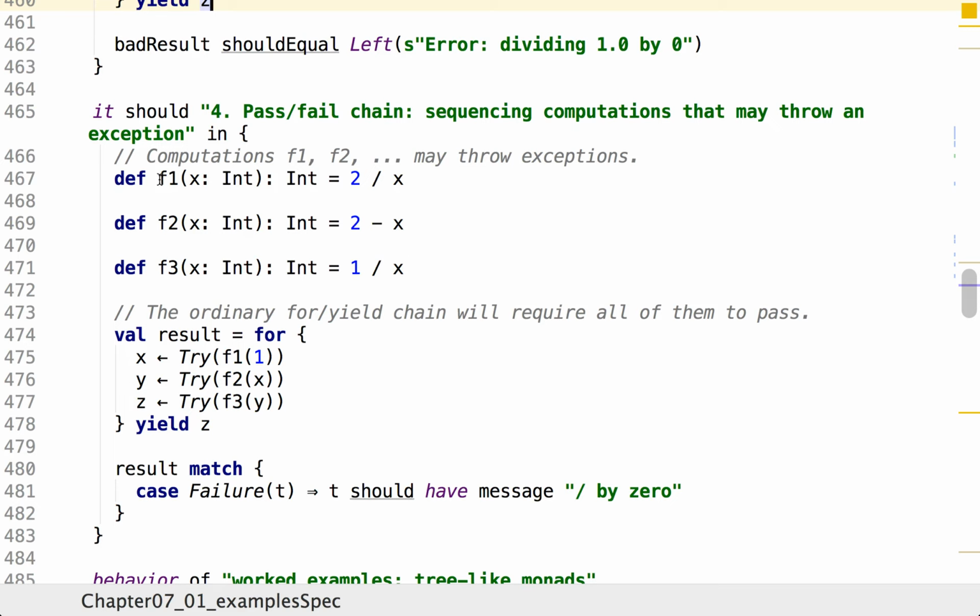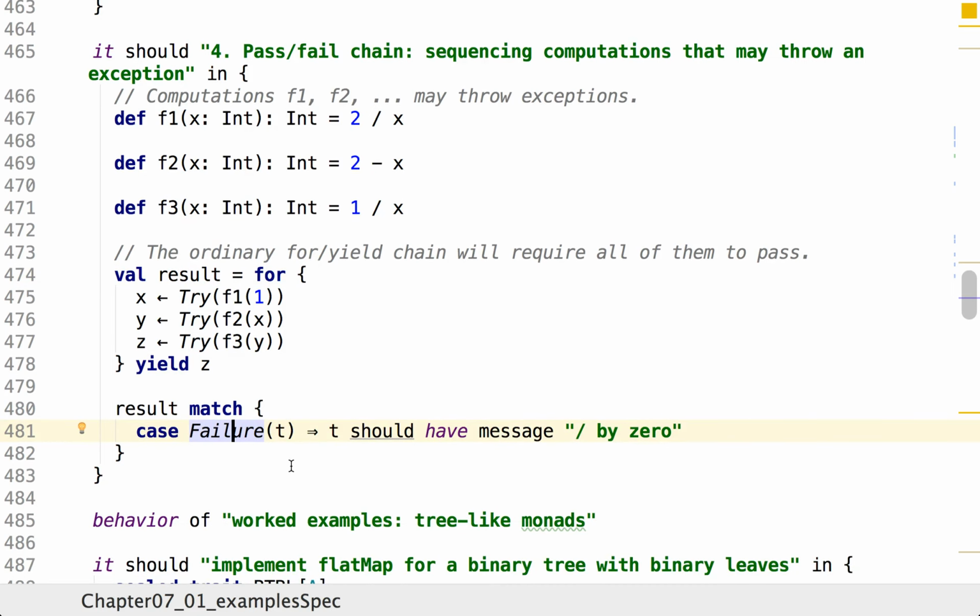So imagine we have some functions that might throw an exception. We wrap all of this into a Try, and then we have code like this. And so this is completely safe. The result is of type Try of Int, and we can examine the result to see that it's a success or a failure. So we do a match expression, and then in this test I know it's going to be a failure because